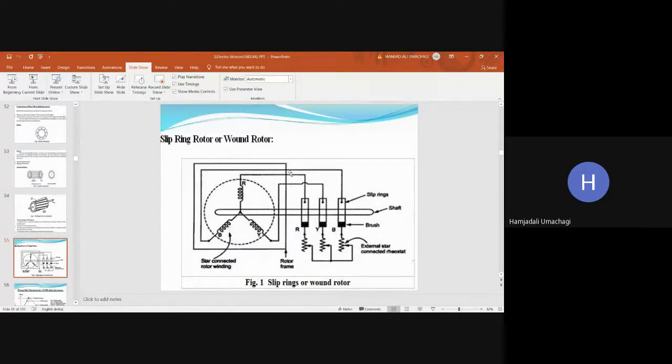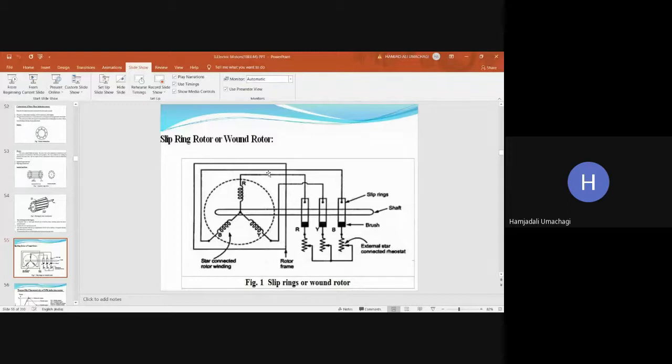Now the next type of the rotor is slip ring or wound rotor. So here you have the stator winding, which is connected in star fashion, and this is rotating, and this is the external load to which you are going to give the power supply. And sorry, this is the shaft. This is not the stator, this is the rotor, and this is the shaft. To the same shaft, you will have slip rings, and here there will be the brush, and the output of the rotor will be given to the external static load via this slip ring assembly.